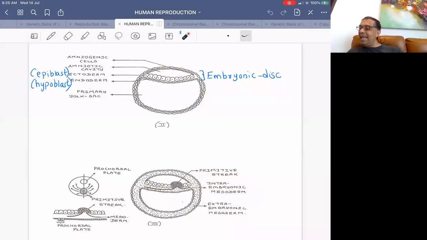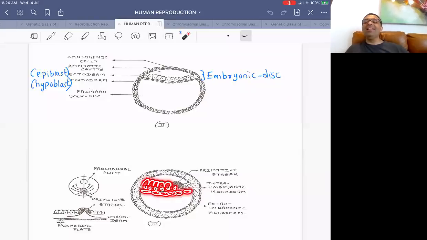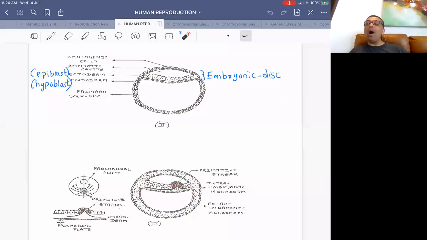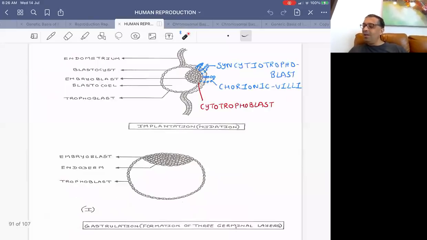So your three layers are formed: tall columnar ectoderm cells, small rounded mesoderm cells, and flat endoderm cells. And these are your three germinal layers, and this process is called gastrulation. Let's recap this once more. So, carefully,